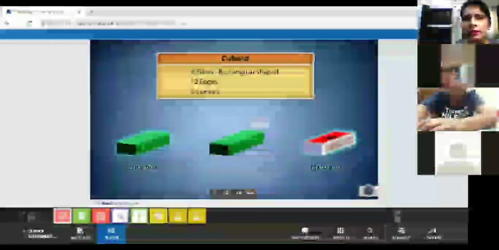So children, here we have seen that this is a cuboid. It has got 6 faces, 12 edges and 8 corners. Okay. And this matchbox is an object which is shaped like a cuboid. Then the next shape which we are having is